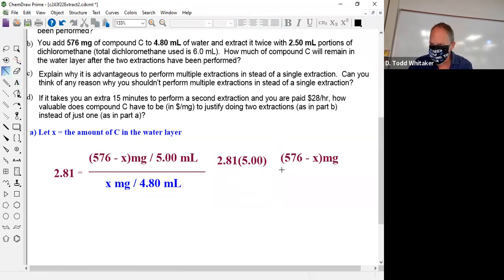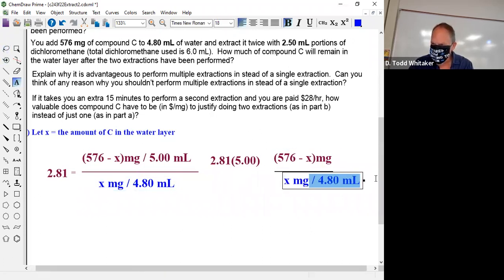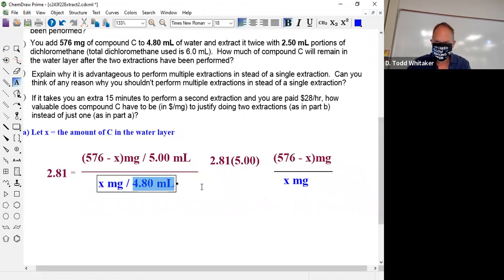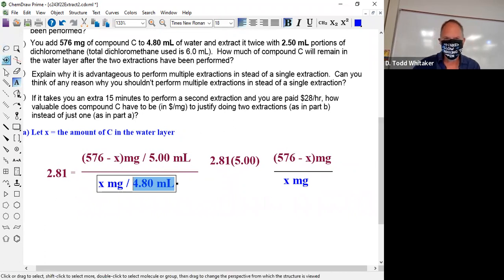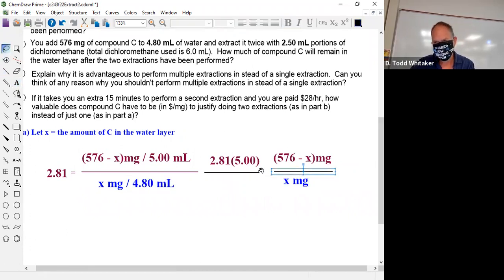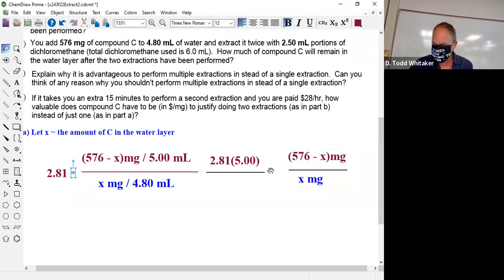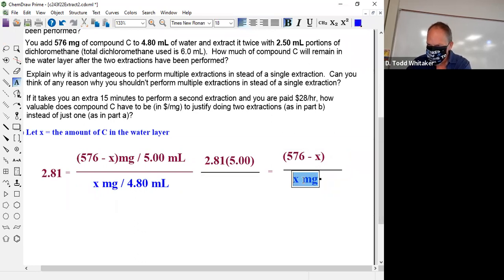The X is in the bottom here. The blue X. Okay, it's still in the bottom. Now, with the over 4.8 in the denominator here, doesn't that mean it could have been written in the numerator initially? It does. So that means I could divide both sides by 4.80 milliliters and it ends up down here. Straight algebra here, people. Prereq for this course. Well, prereq for the course to get into this course. So 4.80 and units. I'm just getting rid of the units now because they're canceling out. I knew that from the beginning. And the 4.80